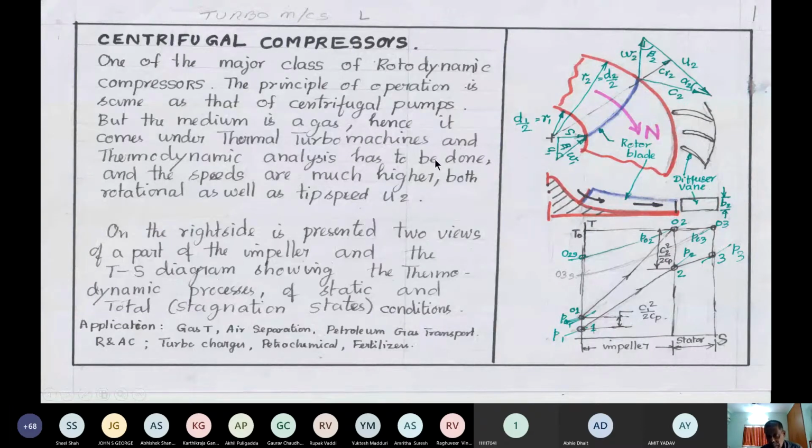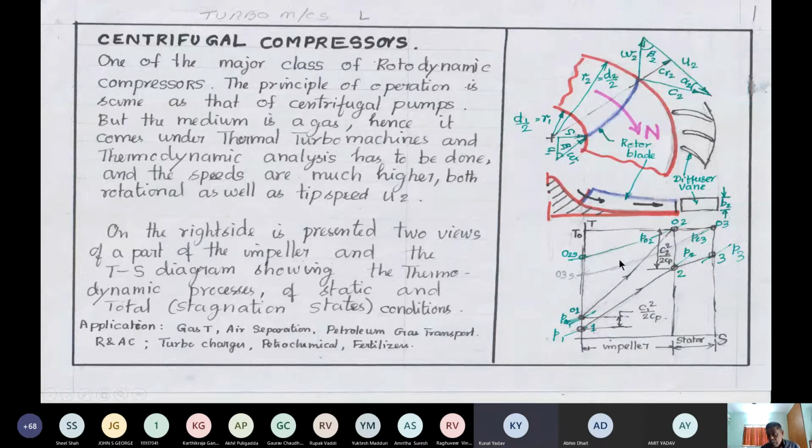Sir, what is 02S and 03S? What is the 2S? See, that is the notation usually followed. S indicates isentropic. Okay, for example, 1 is there. 02S means if I were to compress the gas isentropically, I should have taken an isentropic route, the vertical line. Entropy would not have increased. I would have got the same pressure. Okay, the intention is to increase the pressure.